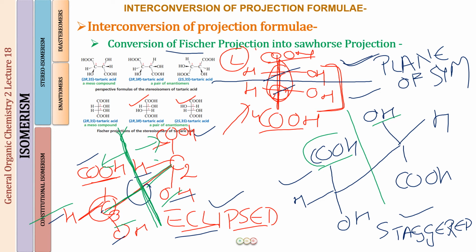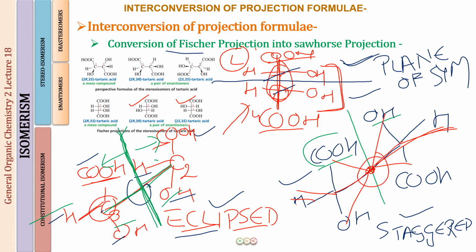So if this is considered to be the center of the molecule, I should be able to find groups in the opposite direction, going equal distances from the center. So I go this side, I find a carbon. I go this equal distance backward, I find a carbon. I go up, I find a COOH group. I go below, I find a COOH group. I go back, I find a hydrogen, and I come forward and up. So this is below and this is up. This is backward, this is forward. So again, at equal distances, I will be finding a hydrogen, and similarly the OH group. So this acts as a center of symmetry.